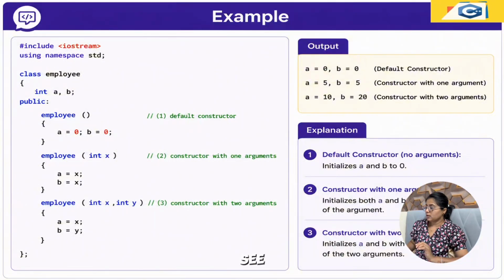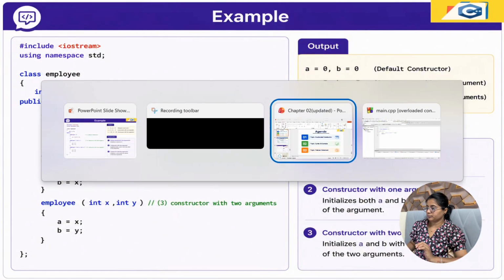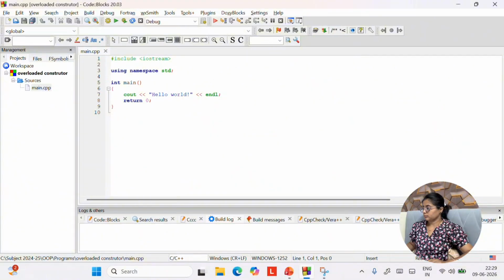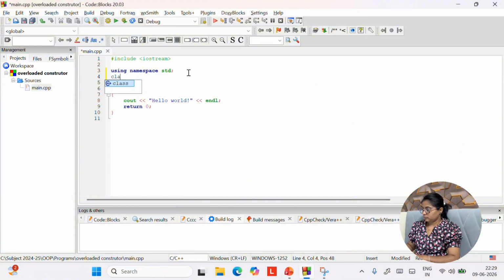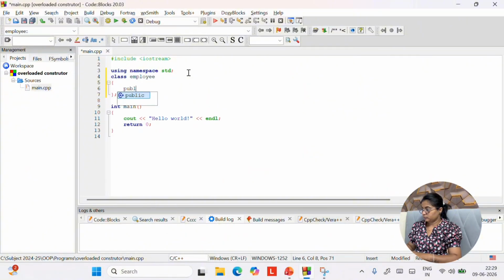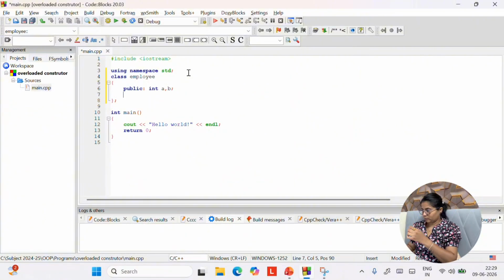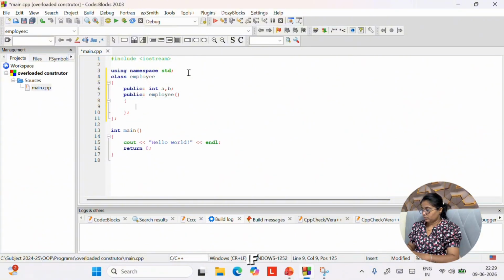Now we will see how to execute this. Class employee. This is a default constructor. If you want, you can give value or keep it blank.